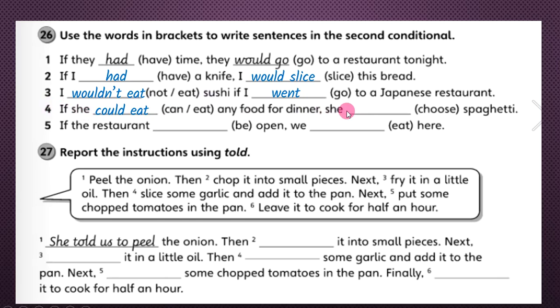Here, if means the second clause is would. She would. And after would is the same verb. She would choose spaghetti. If the restaurant